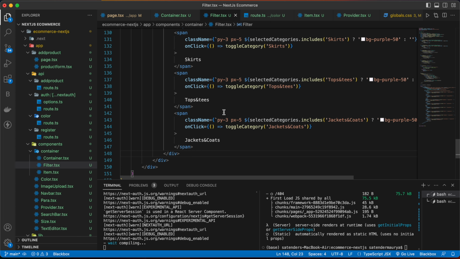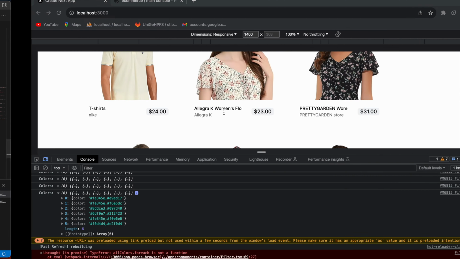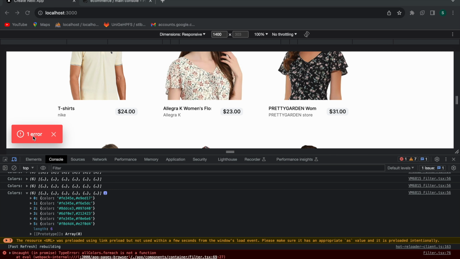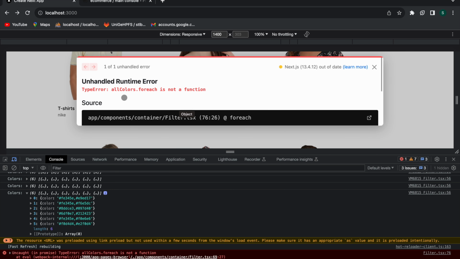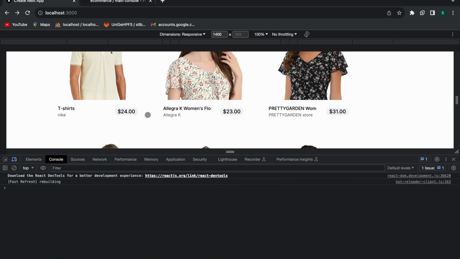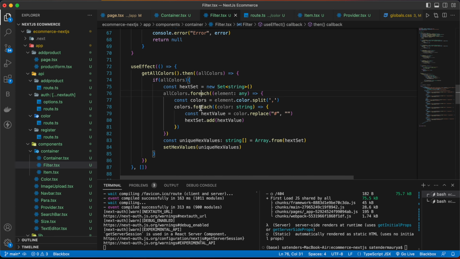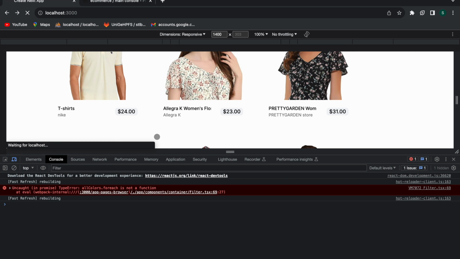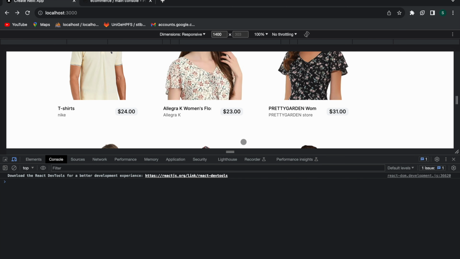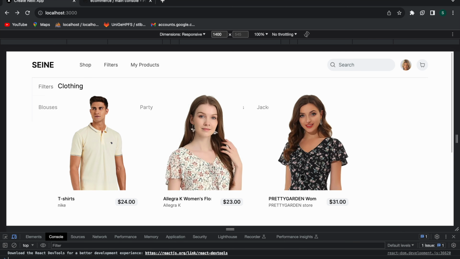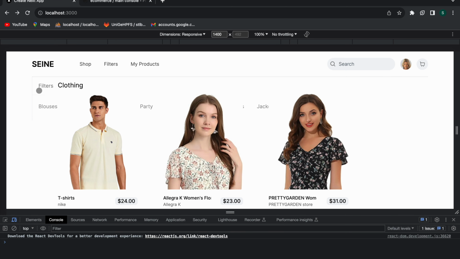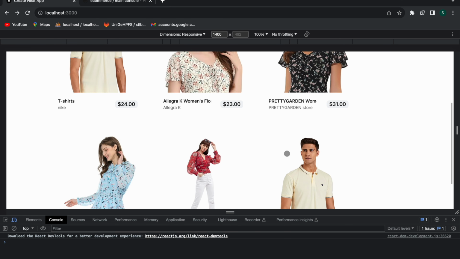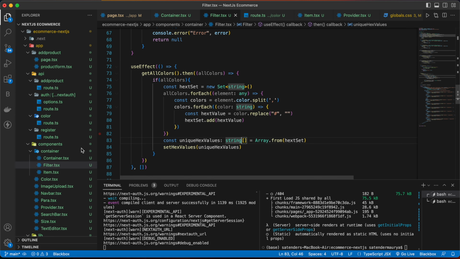So now let's save and go back here. Let's see, we have some error here. It says all colors dot polish is not a function. Let's refresh, and this should be capital. Now save, refresh. So we have our filters, but the CSS is not matching. Let's go and fix that up.